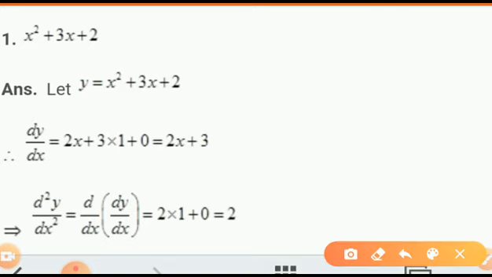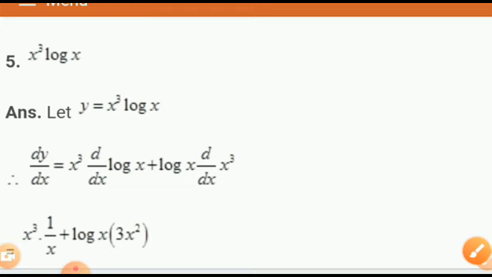Now again, next, we have been given here y as x square plus 3x plus 2. We have to find here d2y by dx square. It is the easiest one. Just equate that y, find dy by dx, and the derivative will be 2x plus 3. Again differentiate it with respect to x. You will be getting the answer as the derivative of 2x is 2 and the derivative of 3, that is a constant, is 0. So the answer d2y by dx square will be equal to 2.